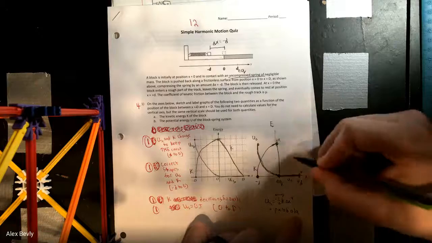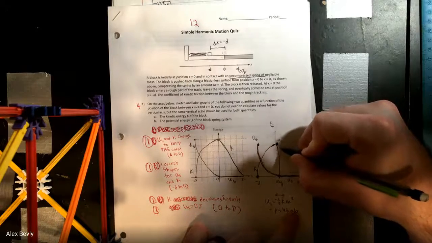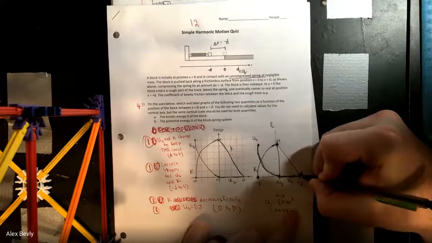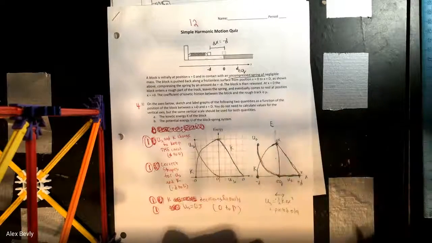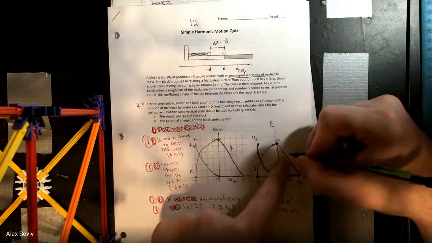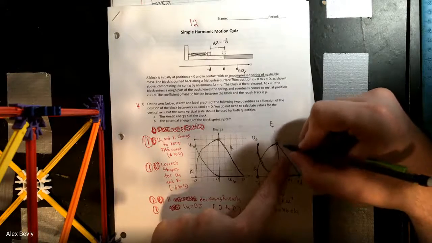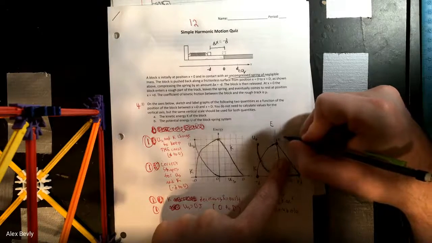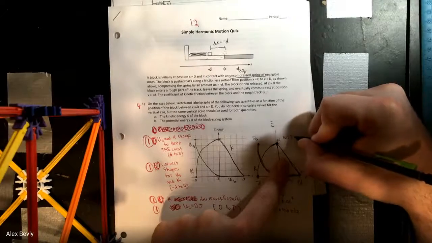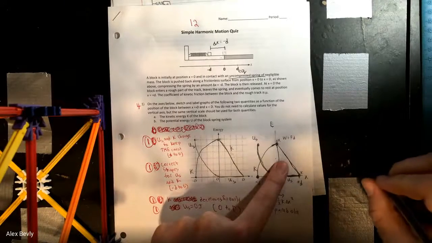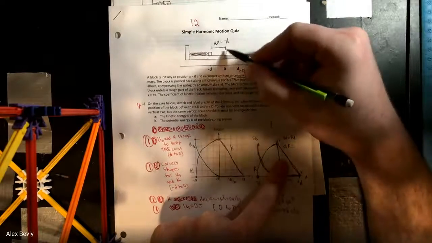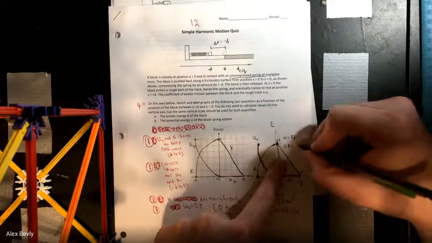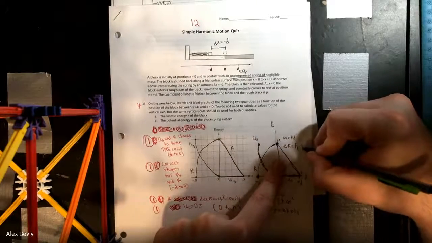Now, this last bit, getting the kinetic energy to go down like this, is one of the more difficult things to see. But that last part just has to deal with the fact that work is equal to force times distance. So I could say my change in kinetic energy, right? Because I only have kinetic energy here, no spring potential energy there. Change in kinetic energy is going to be force of friction times distance,